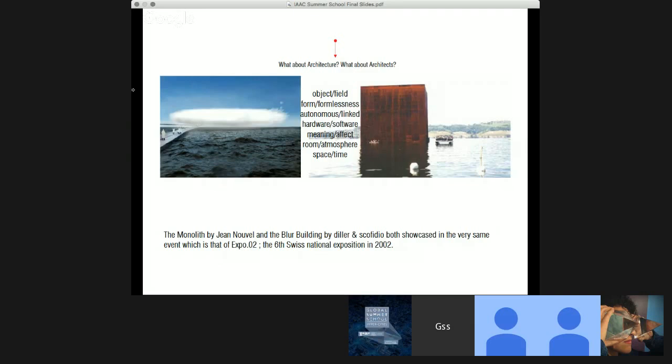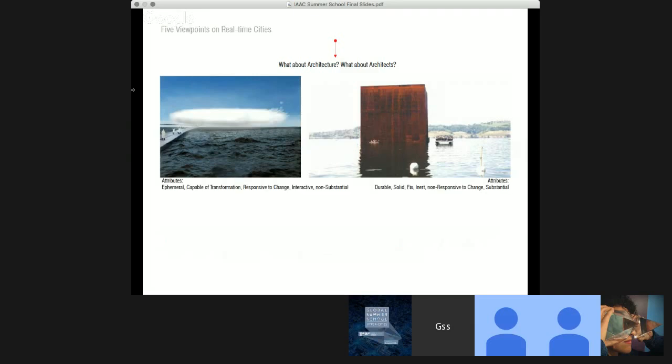One exemplifies the autonomy of the architectural object. The other is a networked system of a very sophisticated intelligent chain of computers that regulate all the critical moments in the construction of a very strange atmospheric event. One is very much about hardware, the other is driven by software. One is clearly a room, the other is about atmospheres. One is creating a space for an event, the other is preoccupied with the temporal deployment of that event. The tensions in this dialectic are latent in any contemporary work of architecture combining the digital and physical realm.